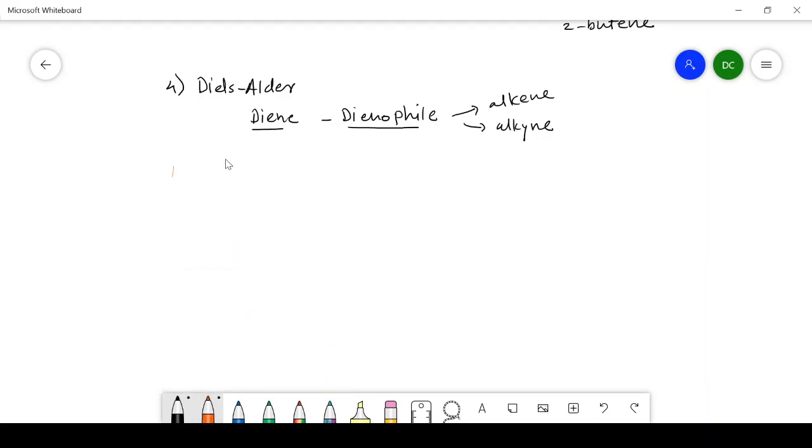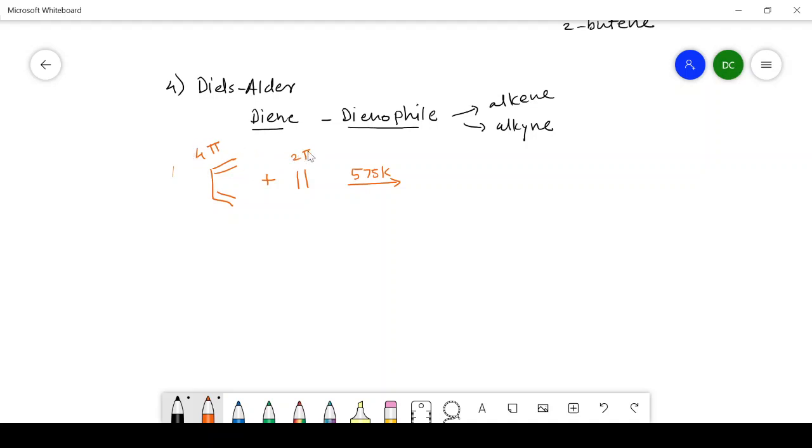Let's see the reaction. Here the diene is, I will write 1,3-butadiene with the line formula first, and for the dienophile I will take here ethene or ethylene, and when they are heated, in the presence of light or just by heating, here I will put 575 Kelvin in inert solvent. In the structure of butadiene, there are 4 pi electrons, whereas a dienophile contains 2 pi electrons.